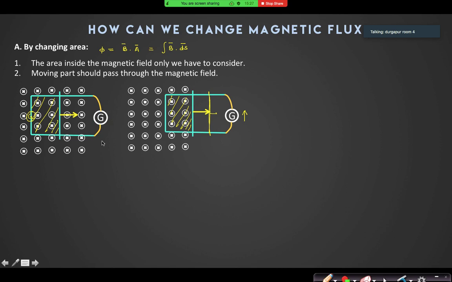This galvanometer will also show the reading, because you can see that there is another loop that you can form here in this case. Yes or no? Where this loop area is decreasing. Can you see that? Yes, sir. So this loop area is increasing and this loop area is decreasing. So in this case, both the galvanometers will show deflection.